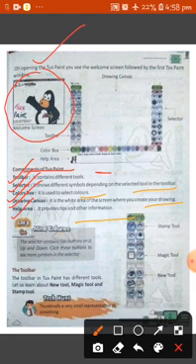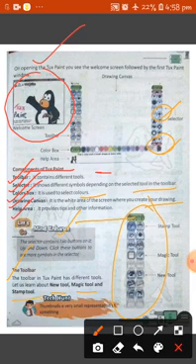Now, mind enhance: the selector contains two buttons, up and down. Click these buttons to see more symbols in the selector. Okay students, now talking about the toolbar. The toolbar in Tux Paint has different tools, as you see in this picture. Let us learn about the new tool, magic tool and stamp tool.